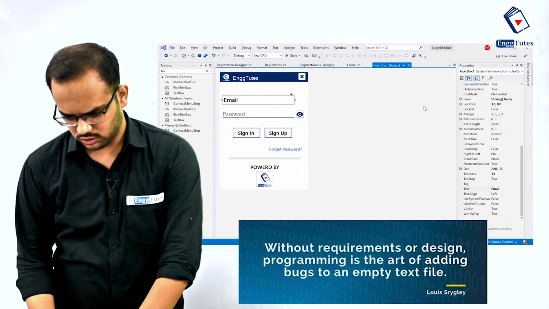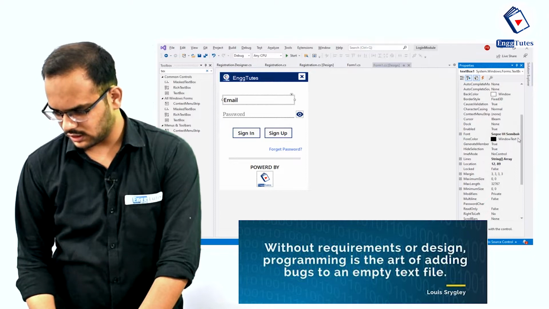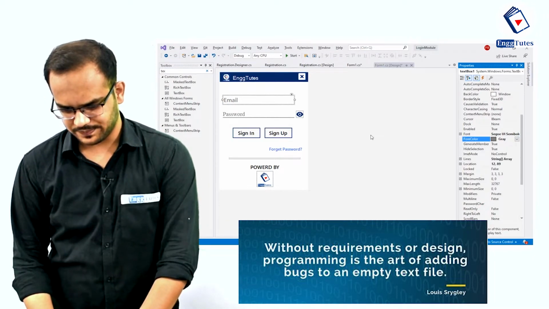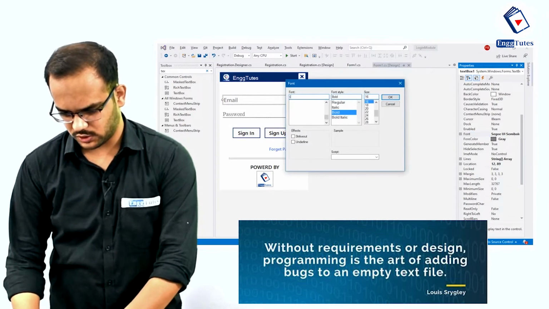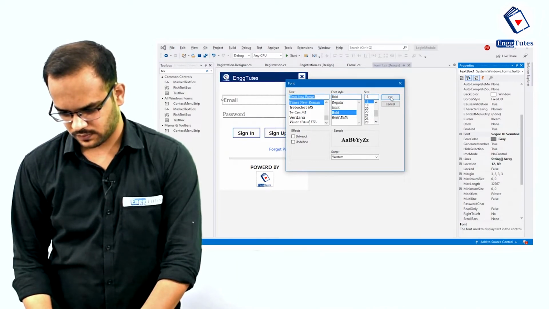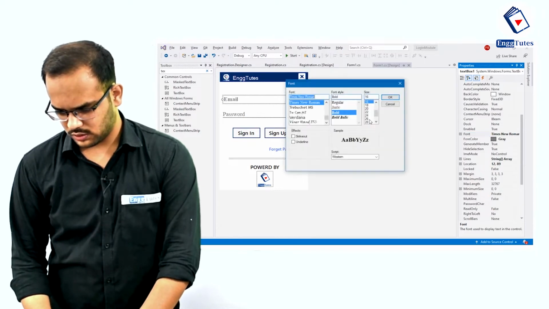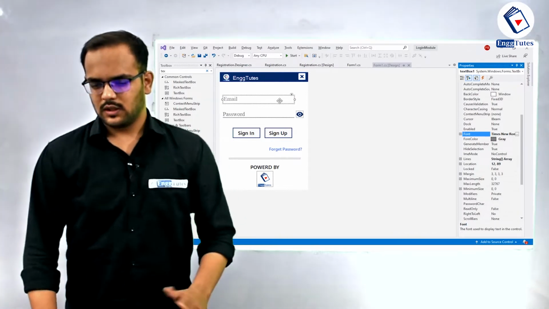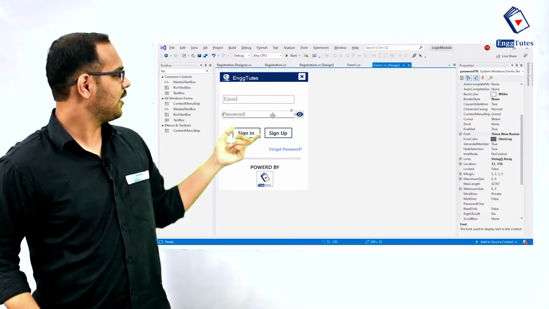Okay, so the fore color, where is fore color? Yes, so fore color will be, just select any grayish color. Okay, I have used Times Roman over here, not C. Not font, just regular. Done. Now see, this is our desired text box and this is our current text box.